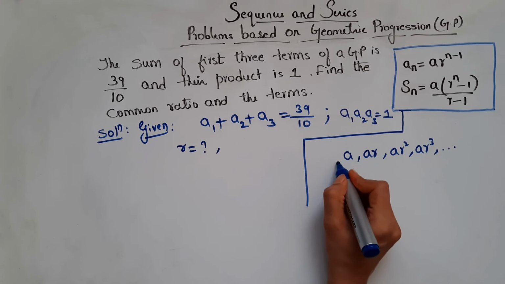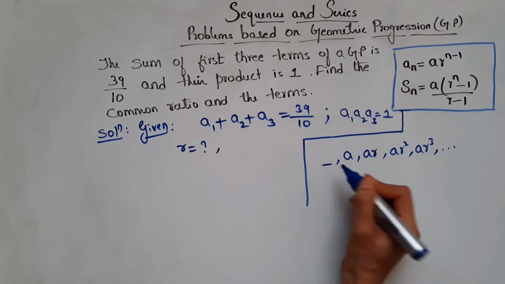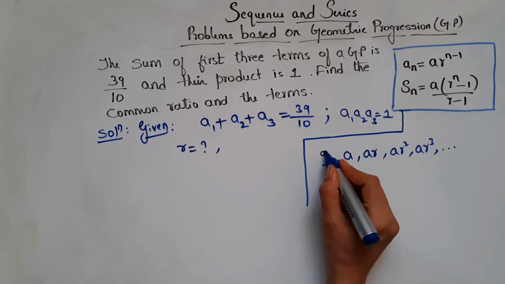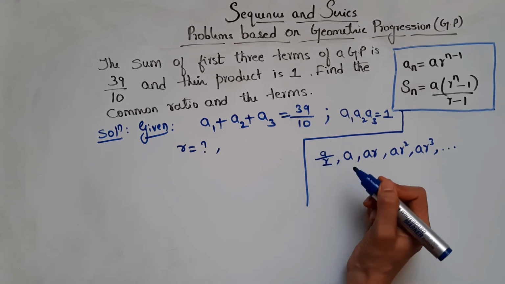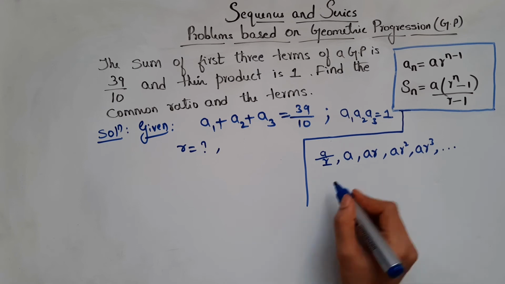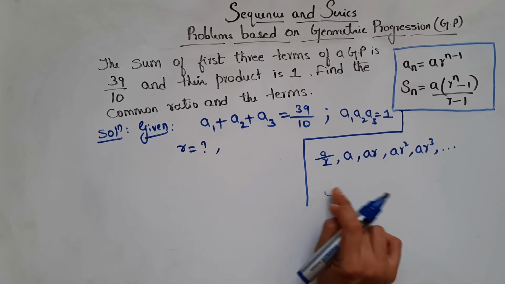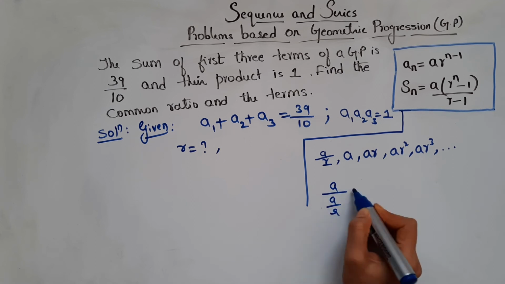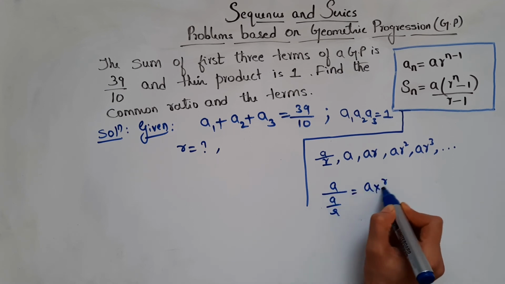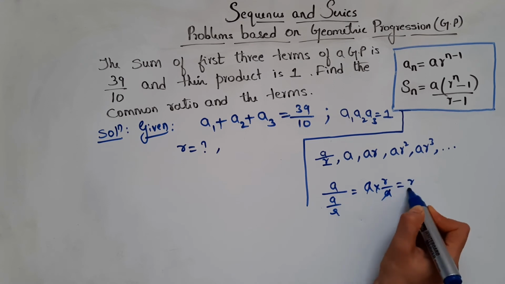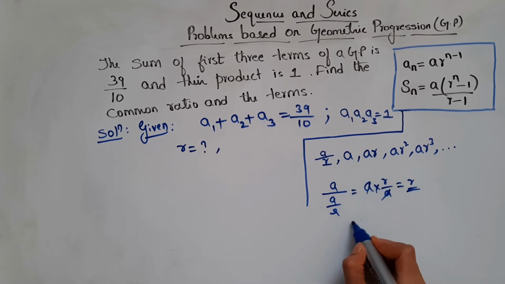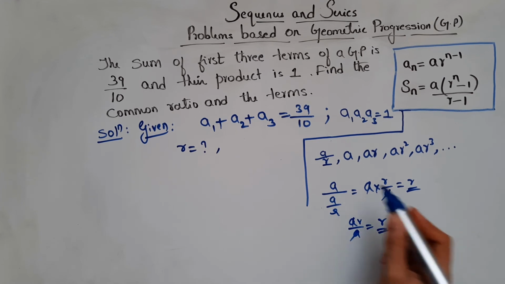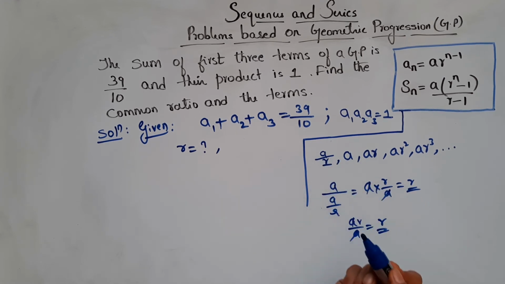Now what do you think the previous term of the GP is? Check whether A by R is the previous term of this GP. So we know in a GP the ratio should be R, right? So A by R, which is nothing but A into R by A. So A is gone, we got R, right? Similarly, what is AR by A? So the ratio is R. So the previous term of this GP is A by R.